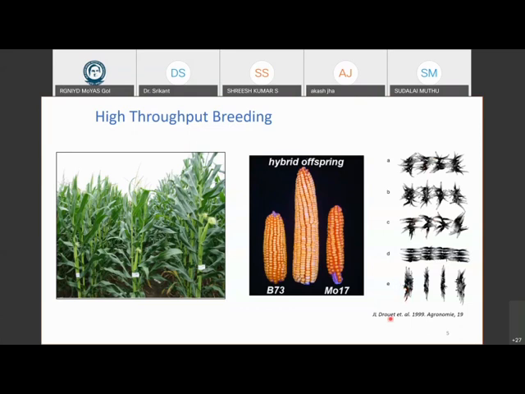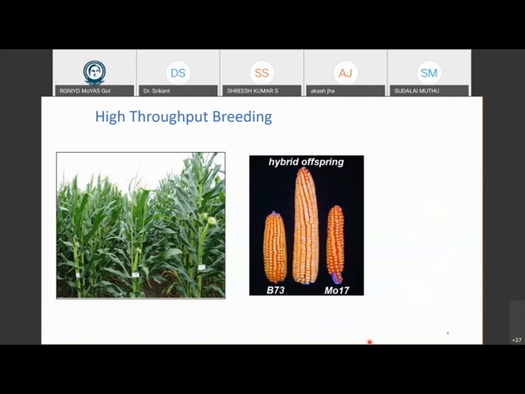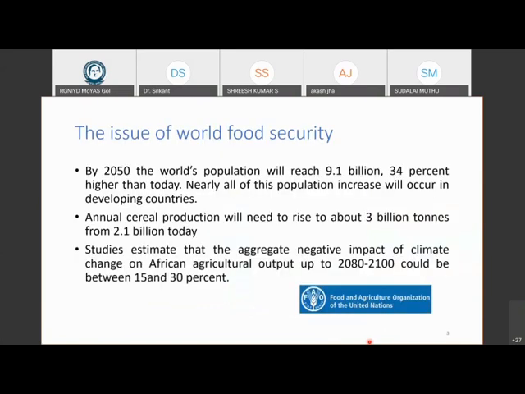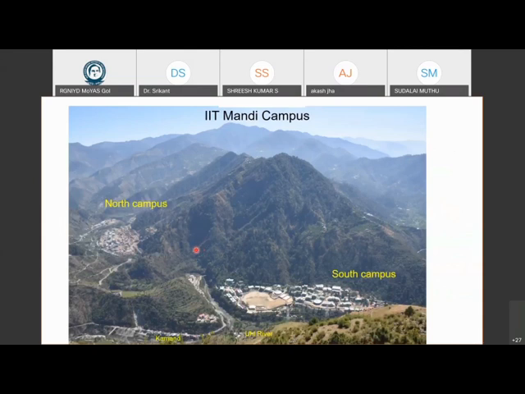So when you're hybridizing or creating new varieties, in addition to the yield, you're also affecting various other traits in the plant. And what might be of scientific value is to know how each of these traits is affecting the final yield output, because that can help somebody understand that depending on which region I'm living in, supposing I'm living in a mountainous region where there is a lot of shade and shadows, like what I showed in my IIT Mandi figure here, and I'm growing some crops in some shady region, maybe I need to choose the right varieties which can best adapt themselves to the direction of sunlight.